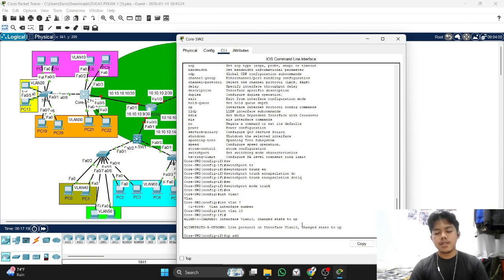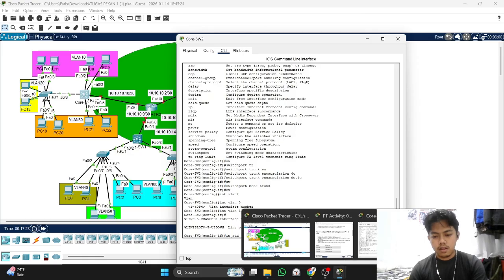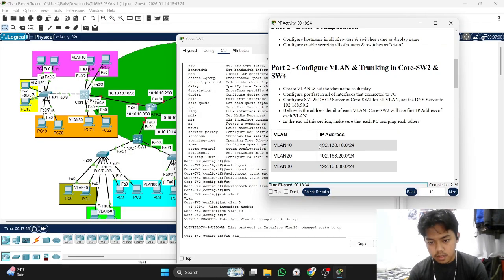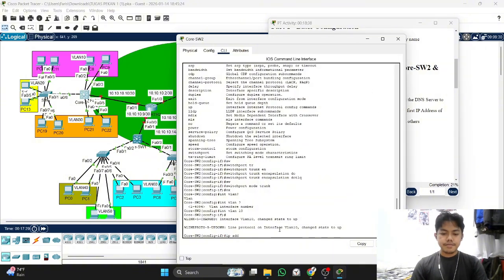For the IP address of this SVI, you look at the task. This is the IP address. You write 192.168.10.1, and the subnet is 255.255.255.0.